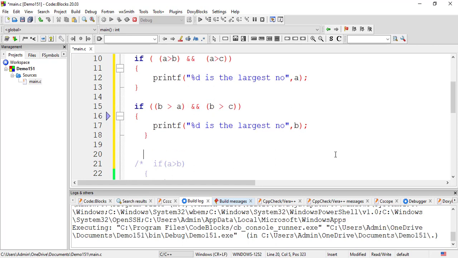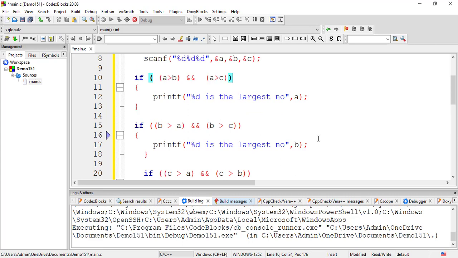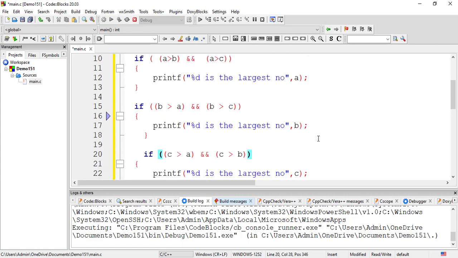And similarly, my third expression could be, I can copy this and modify it. So let me do that for you. What I want to do now is compare C greater than A and C greater than B. This program could be optimized, but right now we are not working on that part. We just want to understand how this is working. And so my largest number lies in C. Very compact expression that we are able to write. Even it could be a little bit optimized, but we are not concentrating on that now.